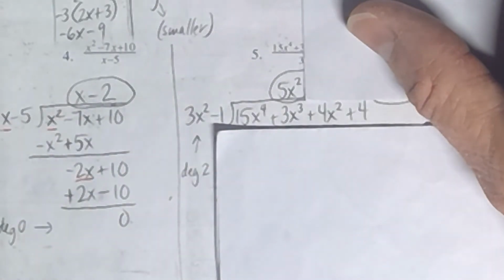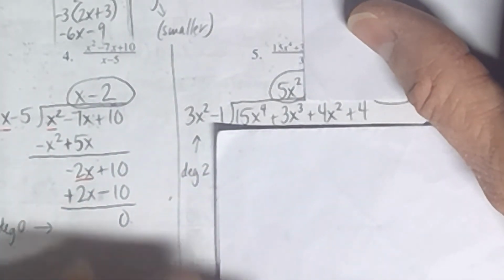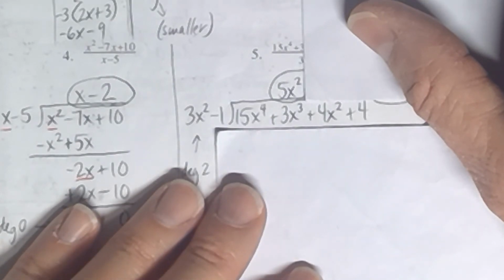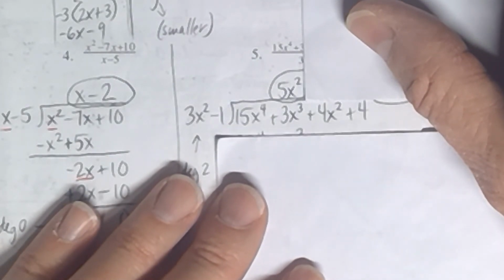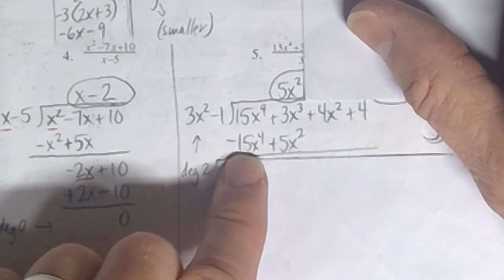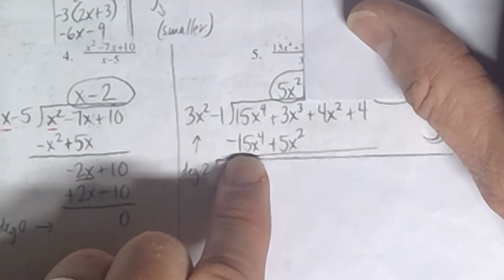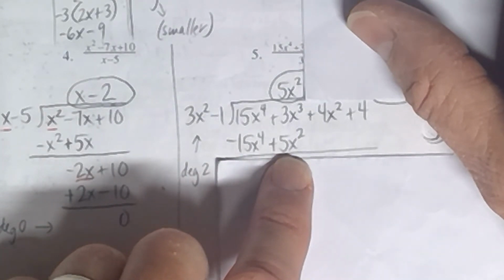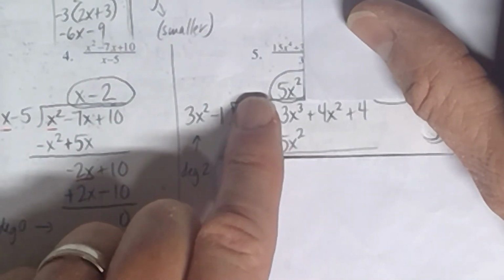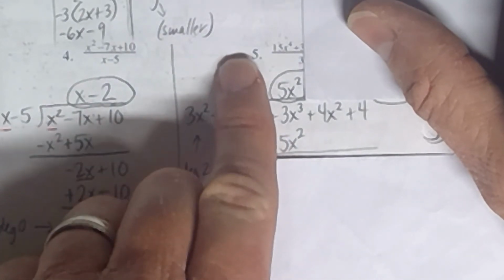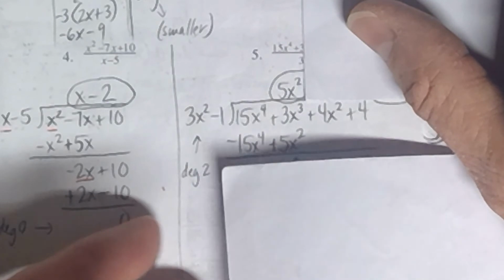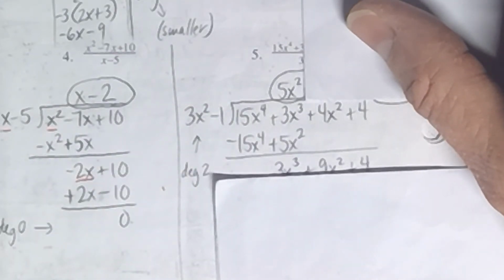That would be 15x to the 4th minus 5x squared, but I need to change the sign of both of those terms, and so I get negative 15x to the 4th plus 5x squared. That then leads to these two terms canceling right here, and combining the rest of the terms, we get